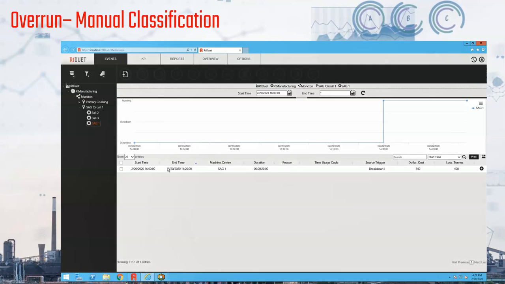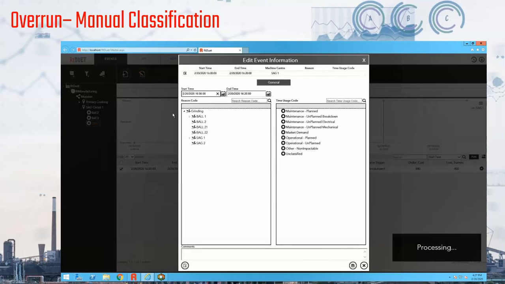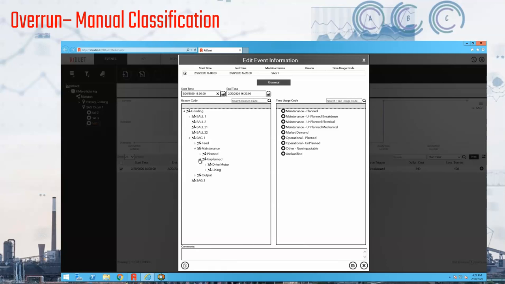Here we see the operator proceeding to classify the event. First, they find the event in question and select the Edit button. They can also just double-click on the row as well. This pops up the Edit window where the operator can start drilling down through the reason code tree to arrive